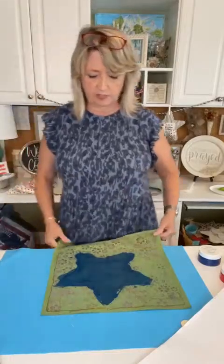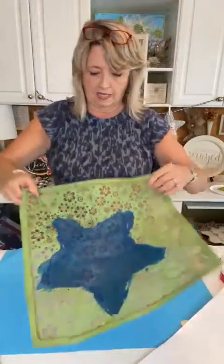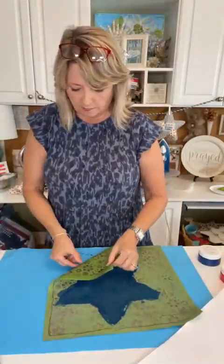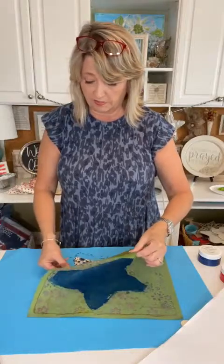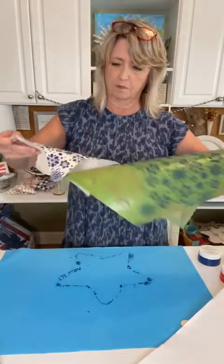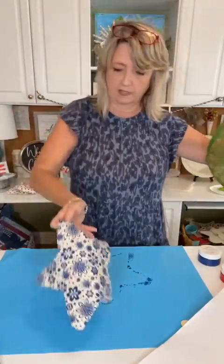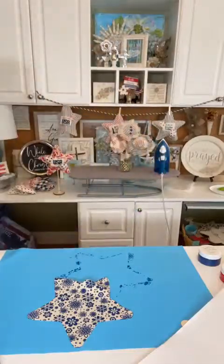Okay, so this is what it looks like. And I'm going to just pull it off. It's such a cute stencil. This is very happy. And here it is. Just lay it down. I'm going to plunk this face down in a little tub of water over here